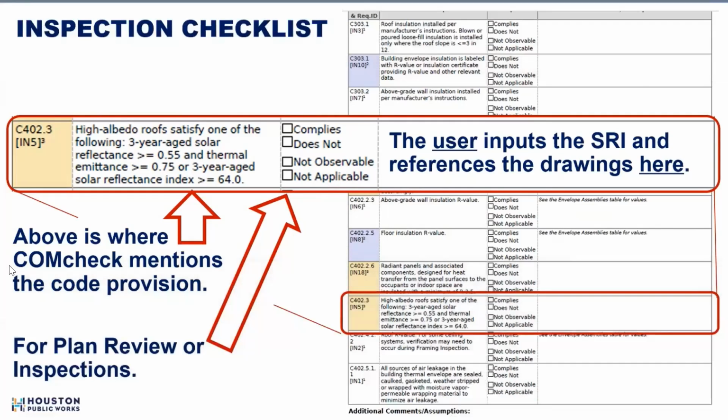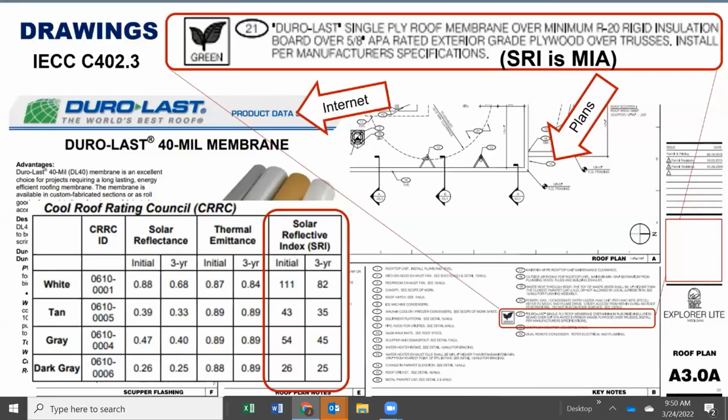And the user inputs the SRI and references the drawings here, okay? You can see the blow up is where I've input that note, and the full scale on the right, there was nothing. So on this particular project, I went to the drawings, and you can see kind of a roof plan on the right-hand side,